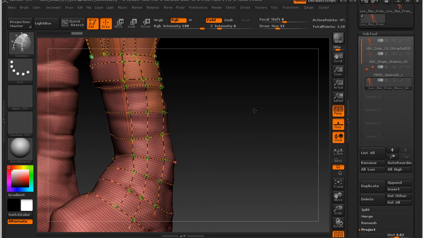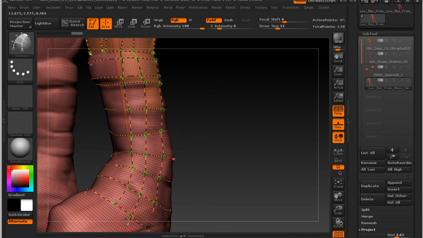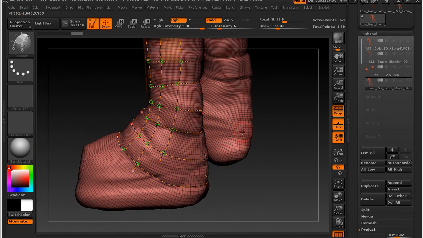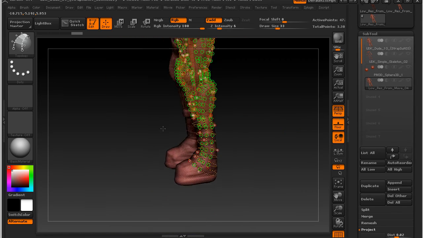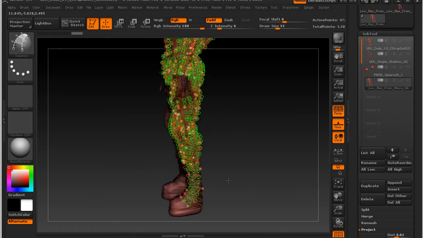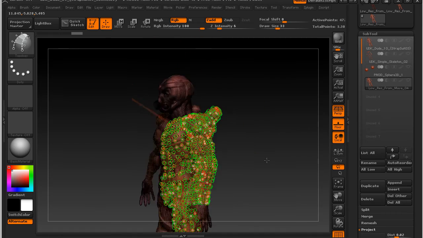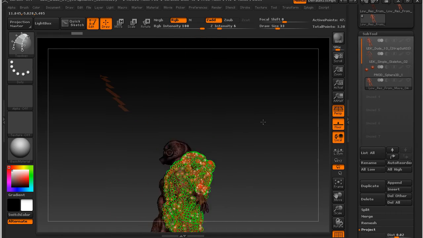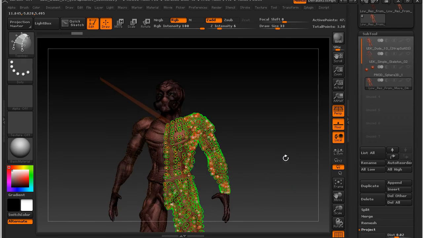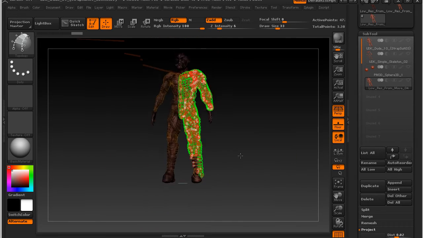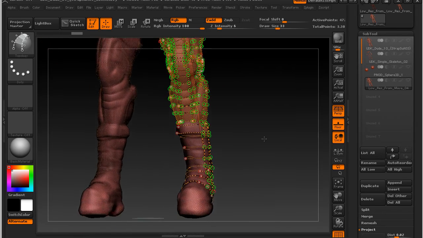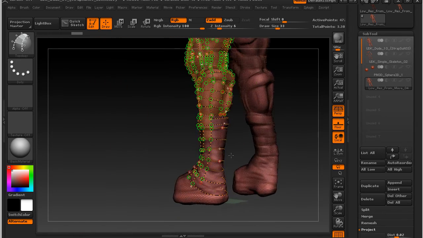You see, we have now drawn basically just another row, and it shouldn't be a problem, but for some reason we have this random polygon which is heading off into outer space. So what the hell is that about? Now hopefully they've fixed this in 4R5,